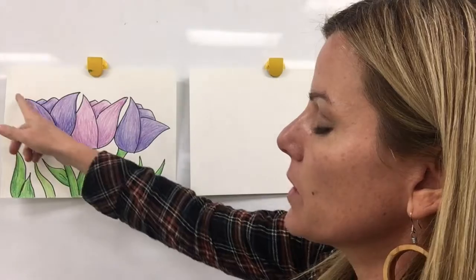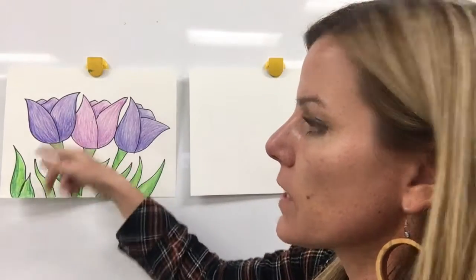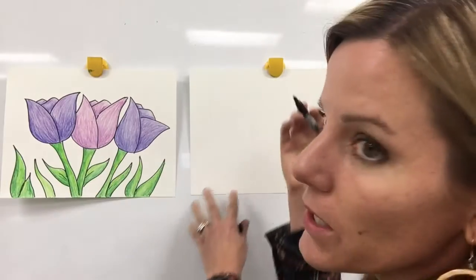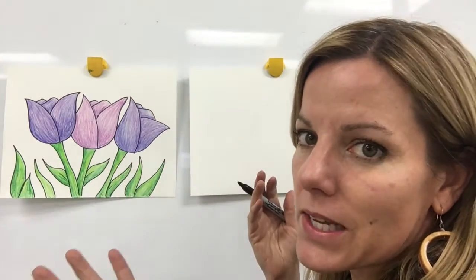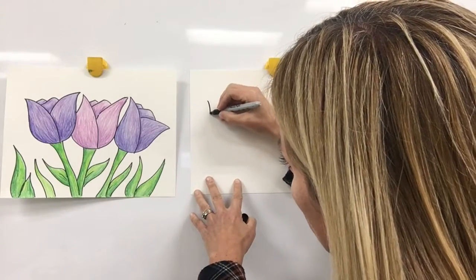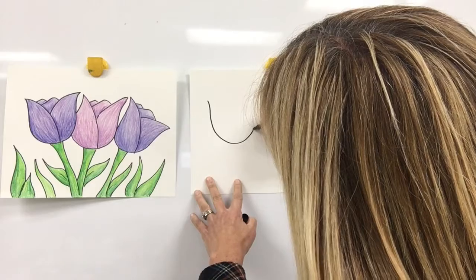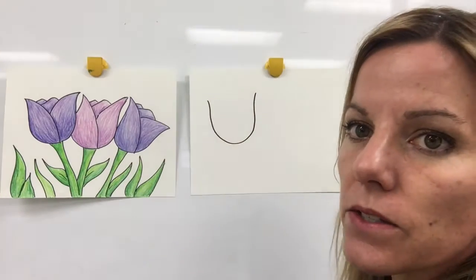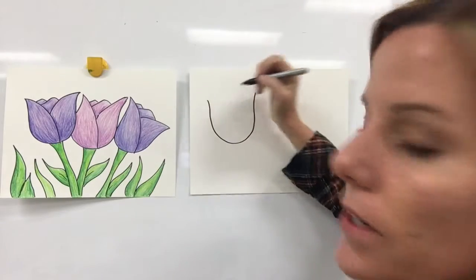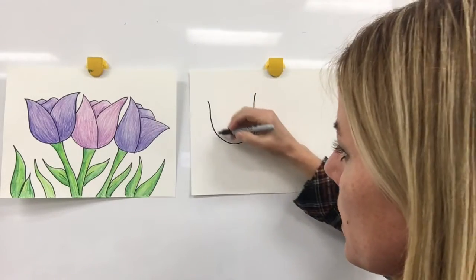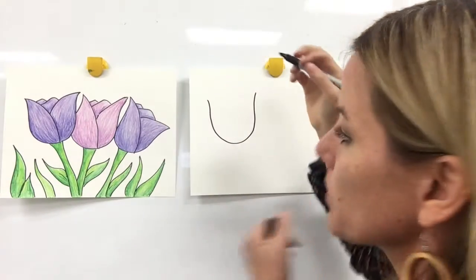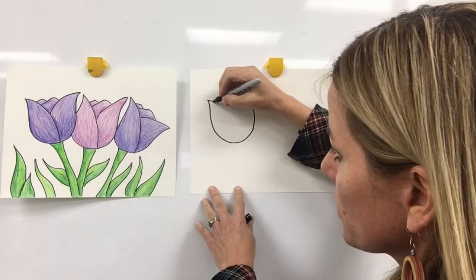And so we ask them what type of shape or letter this is. To me it looks kind of like a U, so I will tell them, okay, we're going to draw a big U, or a lot of times I'll say we're going to draw a big smiley face. So we're going to start first with our big U. You might want to give your student a dot from here, and another dot over here, and then tell them to do a big U and connect it. Then for our tulips, from this one here, you're just going to curve to the bottom,